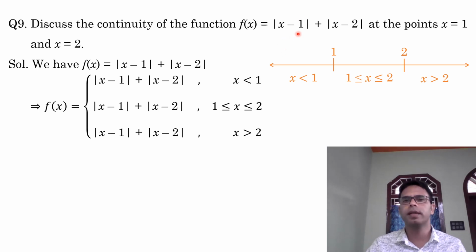Just, first what do you do? You solve these two: set this equal to 0, you get x is equal to 1, and set that equal to 0, you get x is equal to 2. So put those 2 points on the real line and it will divide the real line into 3 parts. One of the parts is x is less than 1, one of the parts is x between 1 and 2, and